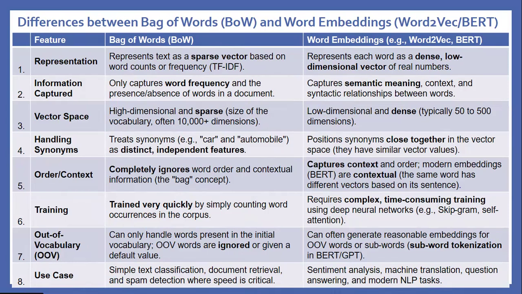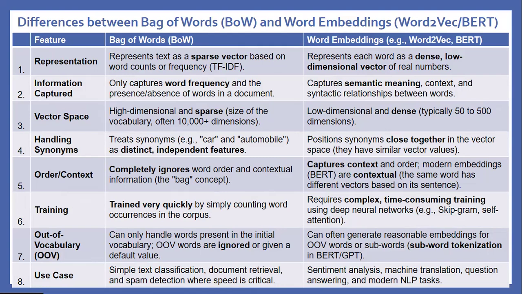Moving to the question: difference between bag of words and word embedding. Representation: bag of words represents text as a sparse vector based on the word count or frequency, such as TF-IDF. Word embedding represents each word as a dense, low-dimensional vector of real numbers. Information captured: bag of words only captures word frequency and the presence or absence of words in a document. Word embedding captures semantic meaning, context, and